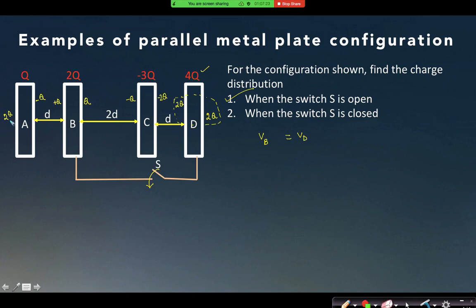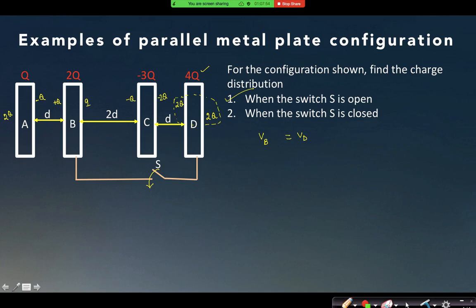Look, this charge has to be 2Q, so this charge has to be minus Q. So this charge has to be plus Q, yes or no? Yes, sir. But that doesn't mean that this charge will be plus Q. Can you tell me why? Because it is not isolated. Now the total charge on B and D becomes 6Q. So let us assume this to be small q.